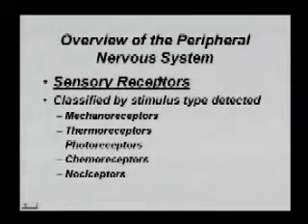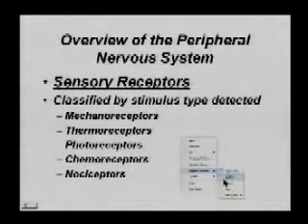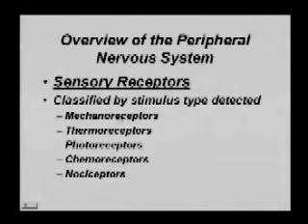First, the overview of the peripheral nervous system. We begin the discussion with sensory receptors, so the origin of the information coming from either external or internal environment. The sensory receptors are classified by the stimulus type that is detected. The mechanoreceptors, thermoreceptors, of course, mechanical distortion, temperature, photoreceptors, obviously photons of light, chemoreceptors, a variety of chemical signals that